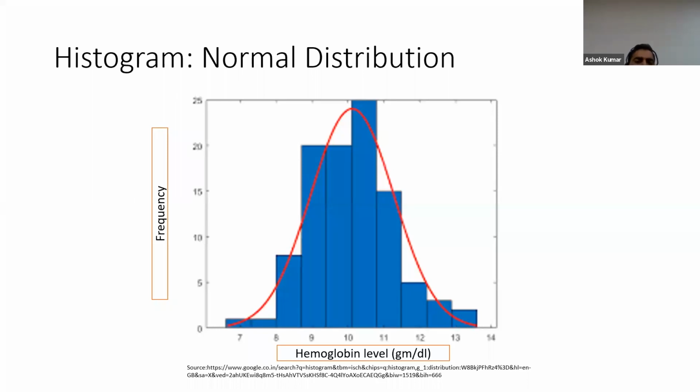When we talk about the histogram or normal distribution, you can see this type of histogram we can get from SPSS. This is hemoglobin of the patients, and this is the number of the patients. When we get this histogram, you can see it is bell-shaped, and a bell-shaped curve represents a normal distribution. In a bell-shaped curve, we know that the mean, median, and mode lie in the middle, the center of this x-axis. So we have to remember.